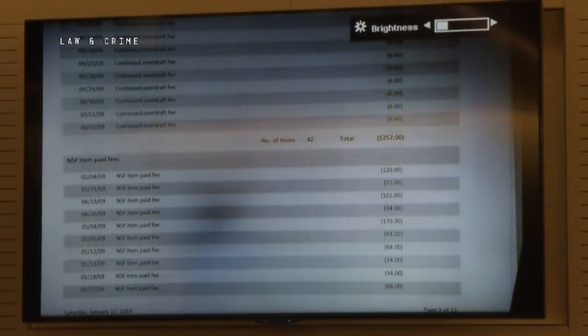And if you can tell us what we're seeing here on page 9. So those continued overdraft fees, there were 42 of them, and they totaled $252. And what was the next item of categories that you described? So this bank, during this time period in 2009, that's Union Bank, and they